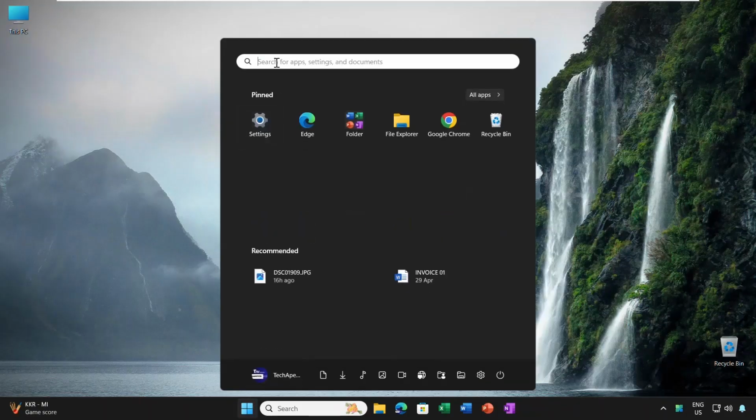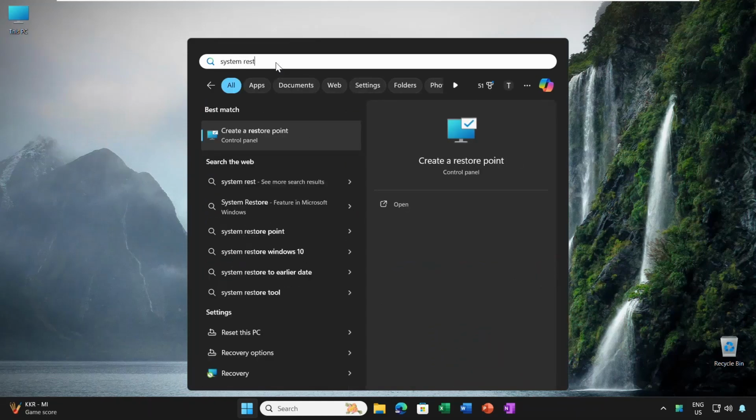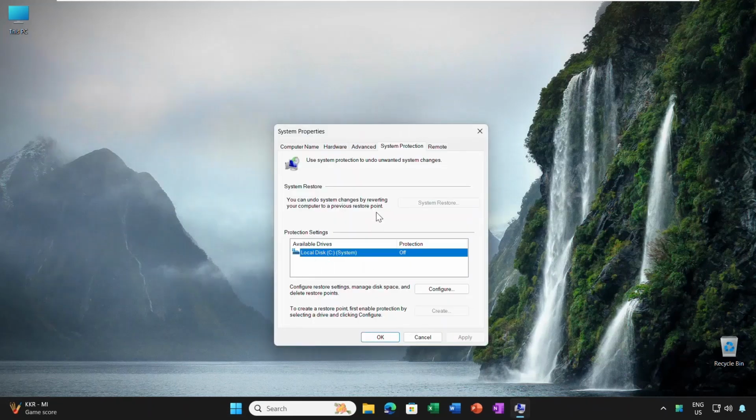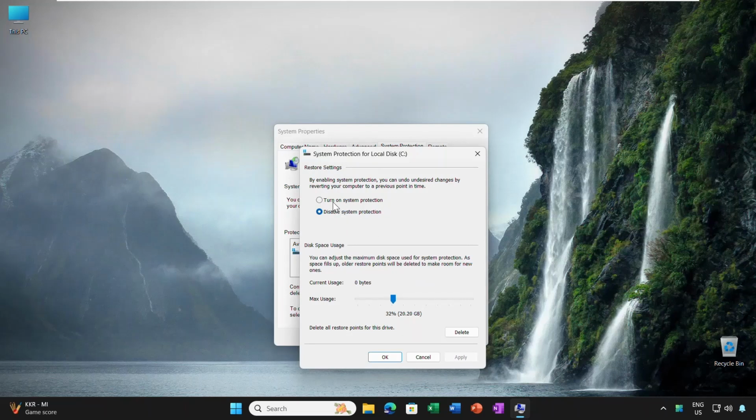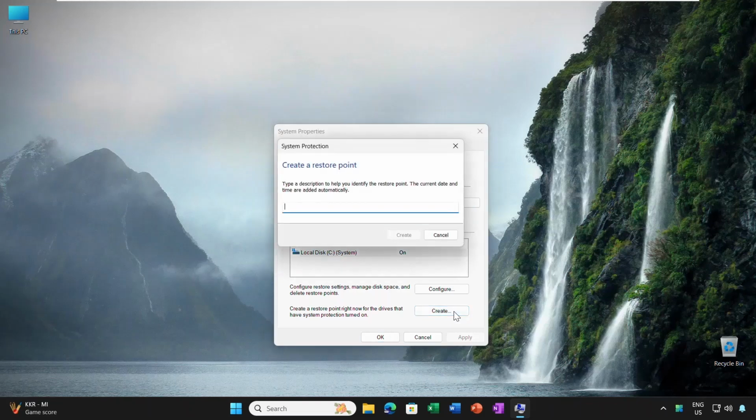Open your Start menu, type here System Restore, click on Create a Restore Point, select the drive that you want to, click on Configure, turn the system protection on, hit Apply, and then click OK. Select the drive, then click on Create, give a system restore prompt,